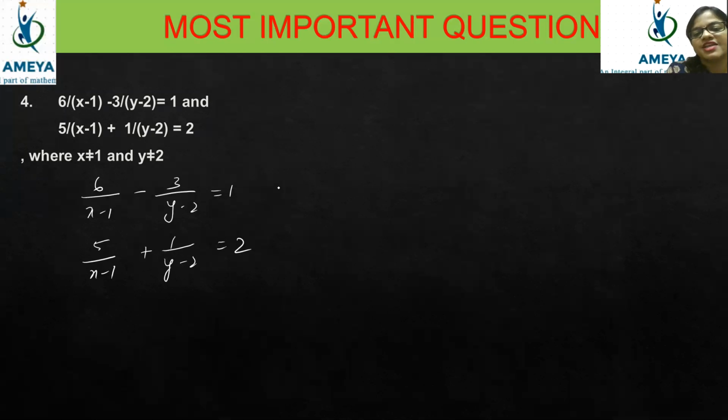If you are taking it as equation 1 and taking it as equation 2, you have to multiply equation 2 by 3. Then this 2 will get cancelled and I think you will be able to find the value of x and y. Until you try yourself you will not be able to solve. So what you have to do is keep trying, keep solving, then only you will learn how to solve.